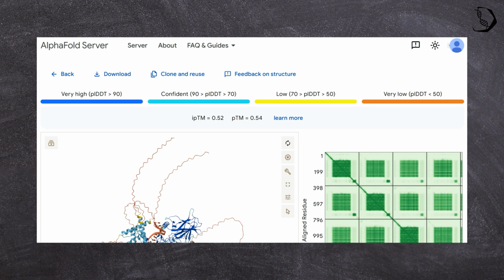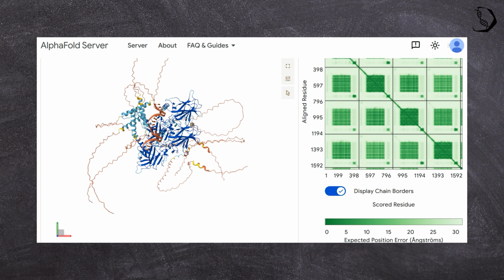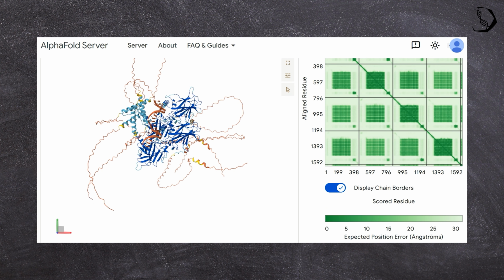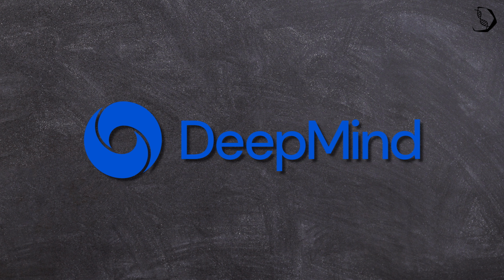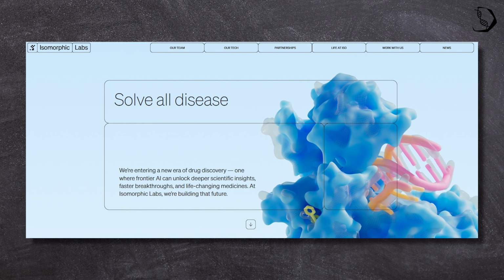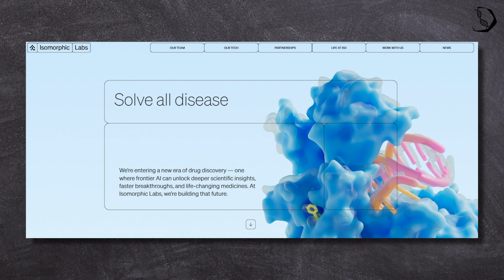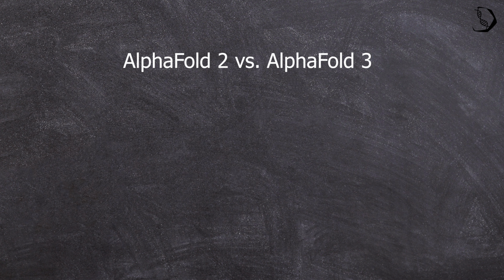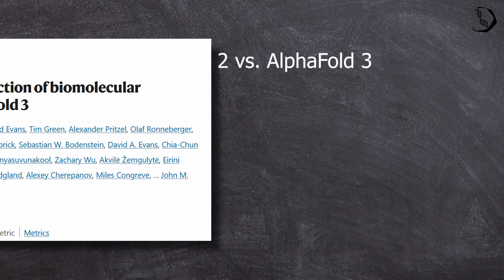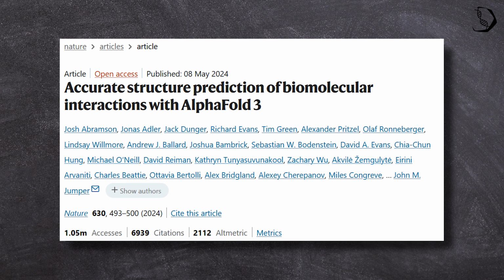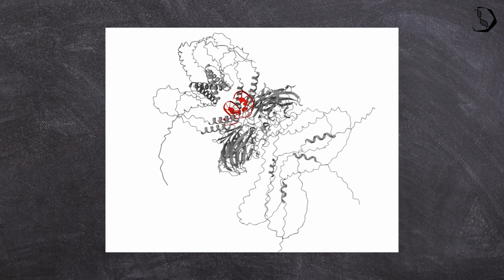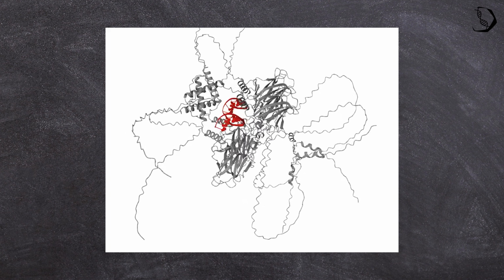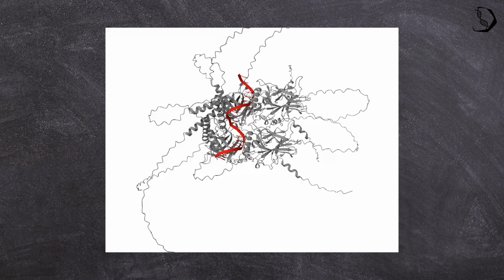But let me say one thing in advance. It's also because of AlphaFold's extreme precision and the detailed metrics that allow the researcher to directly interpret if the structure was predicted correctly or not. AlphaFold 3 was developed by Google DeepMind and Isomorphic Labs and builds on AlphaFold 2, but with a massively improved architecture. If you are interested in all the detailed upgrades that AlphaFold 3 has in comparison to AlphaFold 2, I can only encourage you to read this publication. AlphaFold 3 has a lot of advancements, out of which the ability to predict complexes with other molecules than just proteins is probably the most crucial one.